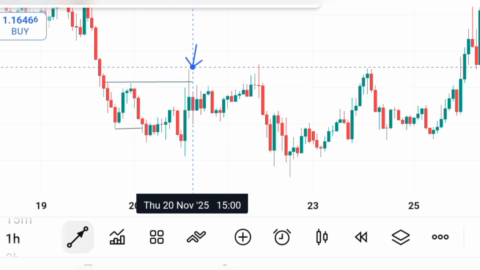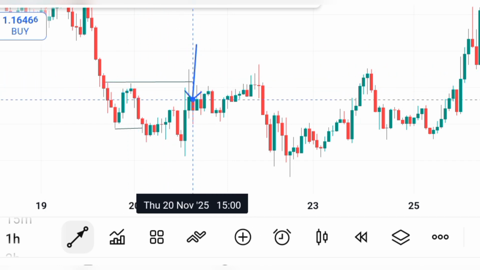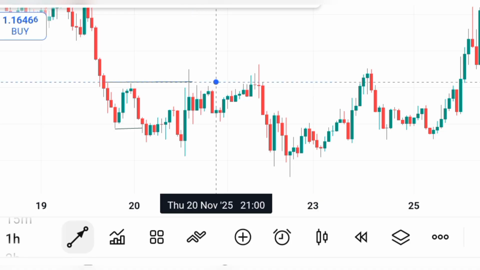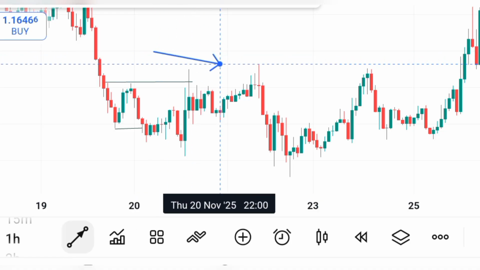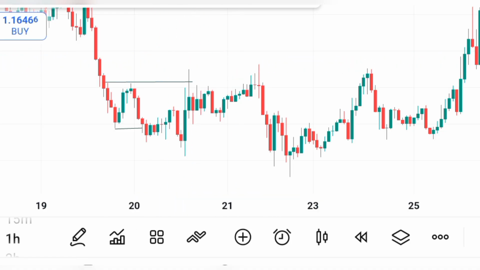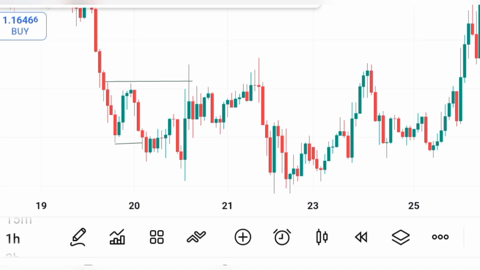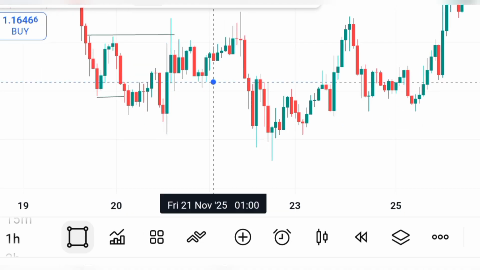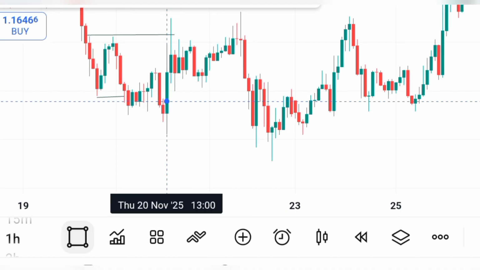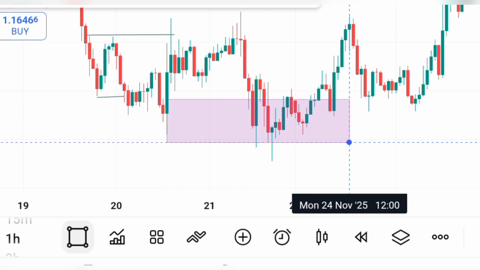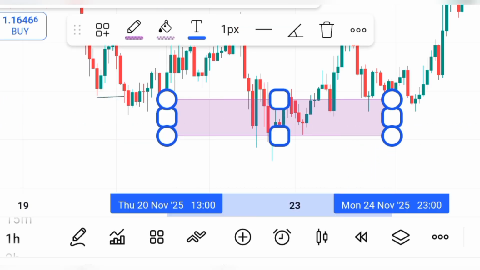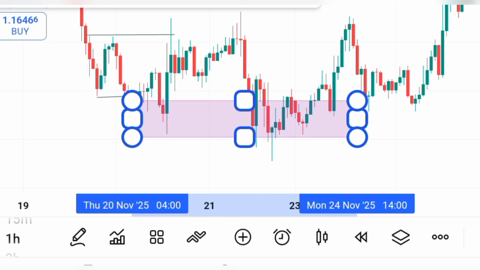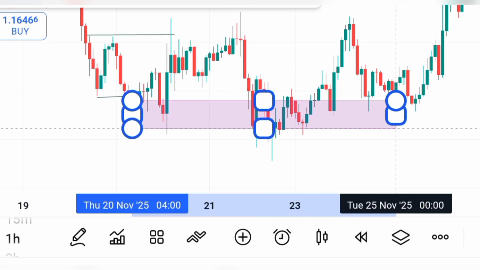And of course, the market came and broke that high. You can see from right here, okay? It came and broke that high. When it broke that high, of course, we had to wait for this market from a certain zone, which is an order block right here. This was an order block right here. Now, there were very many people who were liquidated here. Why? Because we had a lot of